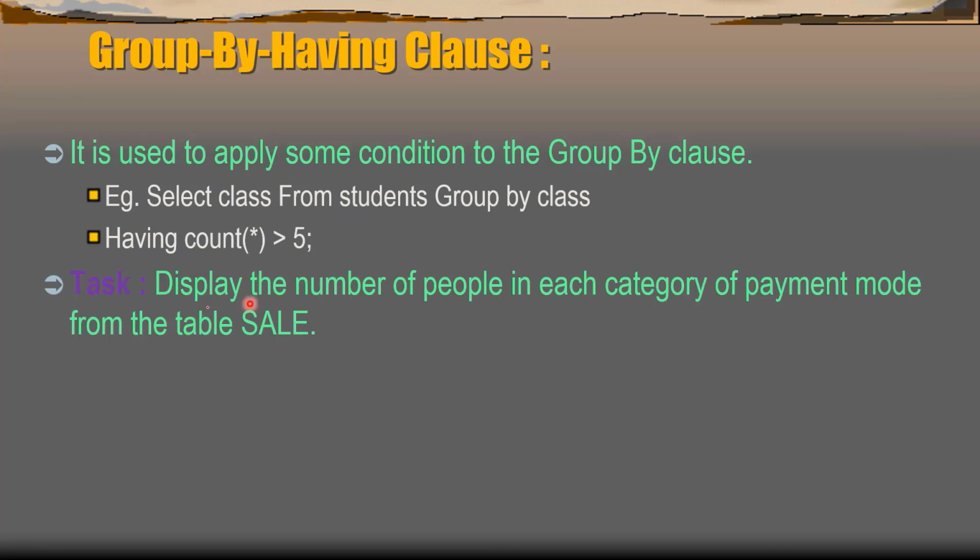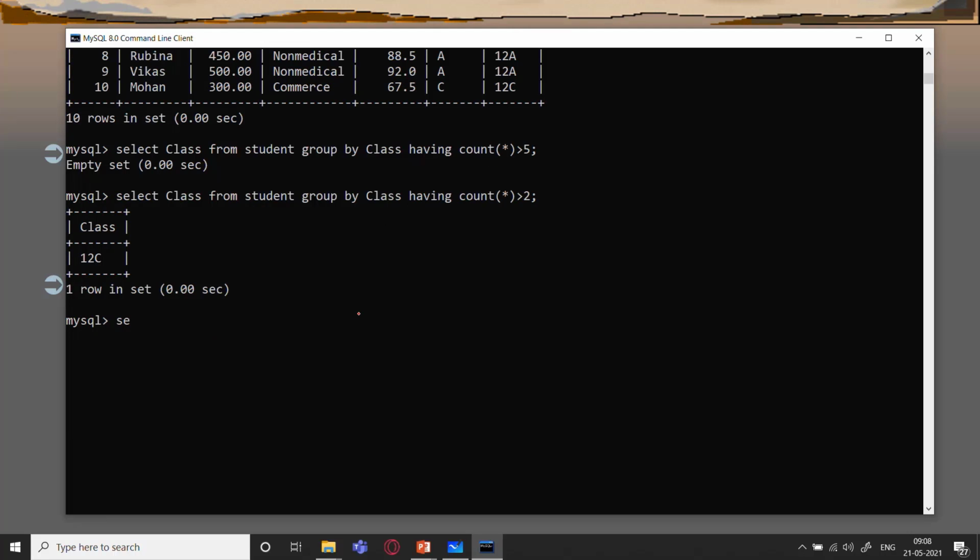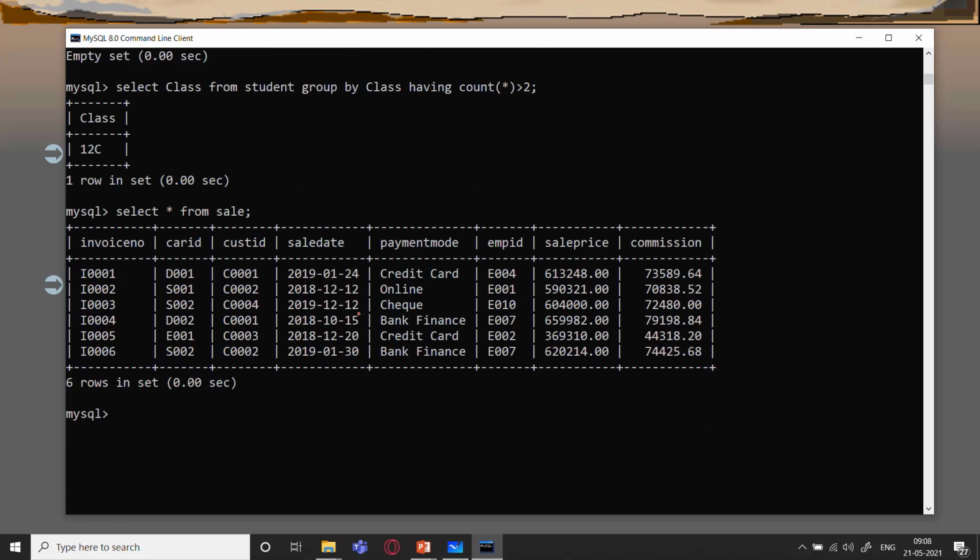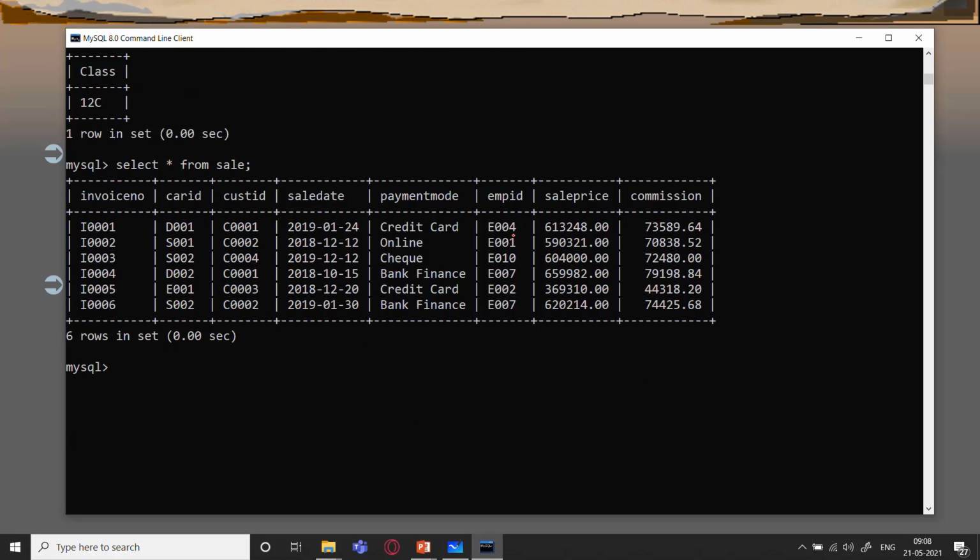Let's check another example. Display the number of people in each category of payment mode from the table sale. So let's come back to our sales table. Now what we want here is the number of people who have made payment through any of the modes. Like how many people have made a credit card payment, how many from bank finance, how many have paid online, how many have paid through check.